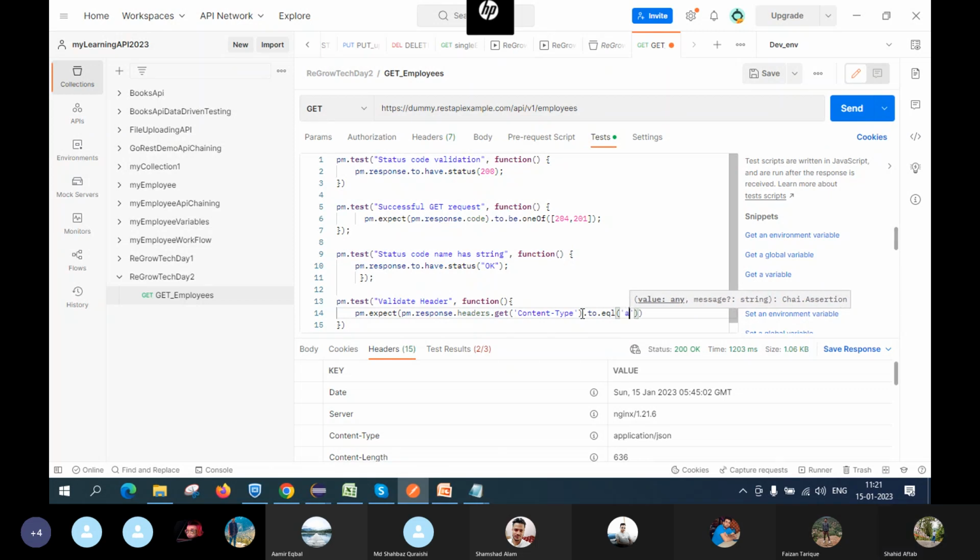application/json, application forward slash json. बस ये कोड मेरा तैयार है। क्या लिखा है, यही बताया गया कि जो हमको रिस्पांस मिला है पोस्टमैन को, उसका जो हेडर में पहले गेट क्या करना है, गेट कौन सा गेट करोगे वैल्यू, तो हमको कंटेंट टाइप का वैल्यू उठाना है। तो यहाँ से वो उठा के अपने पास रख चुका है।